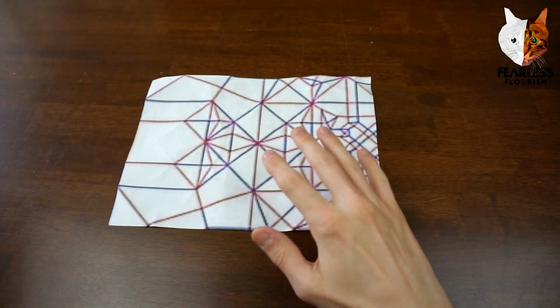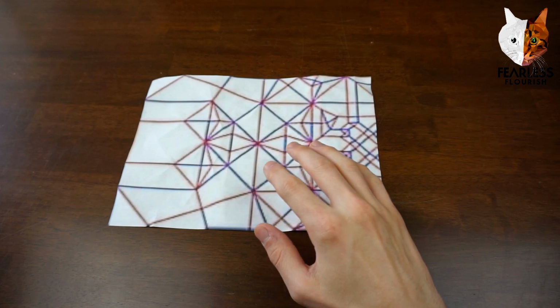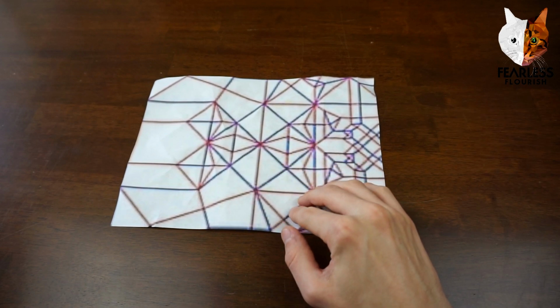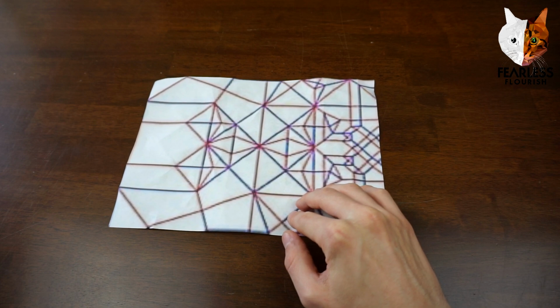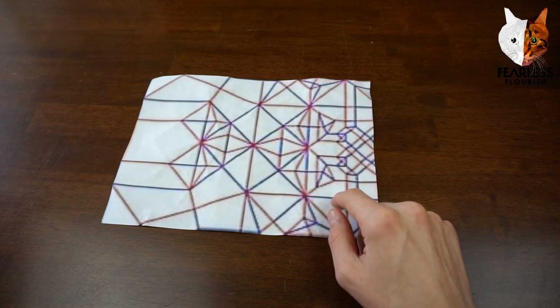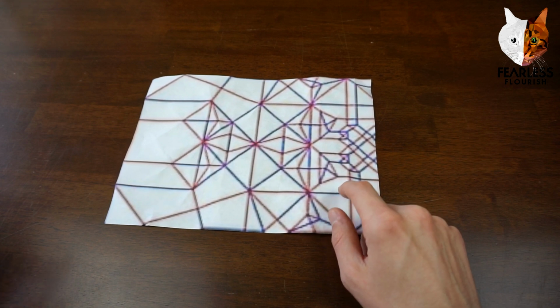So this is the model by Kanokoya Origami, and let me just find the name of the model. I forgot what it was. He's a fantastic designer, by the way. All of his crease patterns are on his page. I would suggest you go follow him. So the model is, let me translate it. Yeah, it's just a hawk design by Kanokoya Origami,